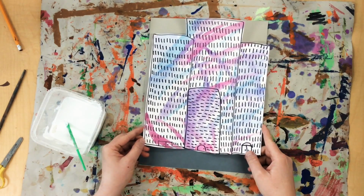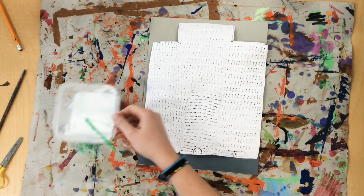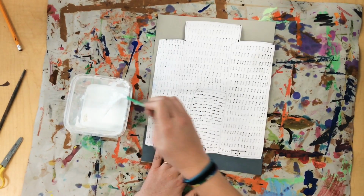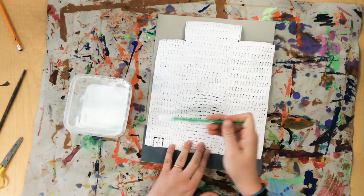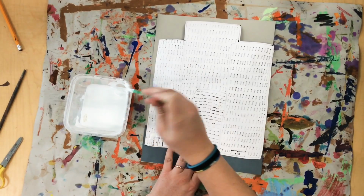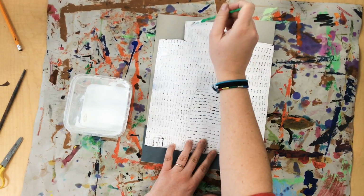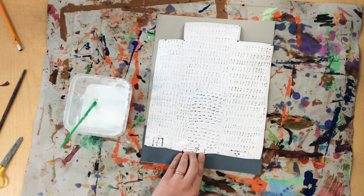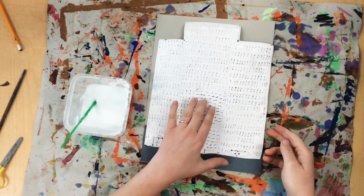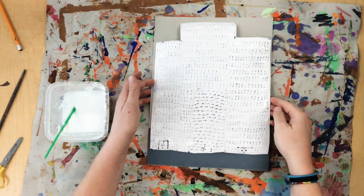Then I'm going to do the same thing with my buildings. Again, I turn it over. Dip, dip, wipe it on the lip, then dot, dot, not a lot. Do I put glue in the middle? Nope, it stays all around the edge. Now that my glue's all around the edges, I can turn my paper over carefully